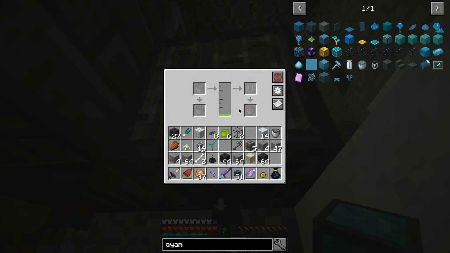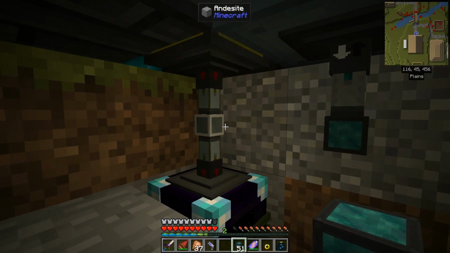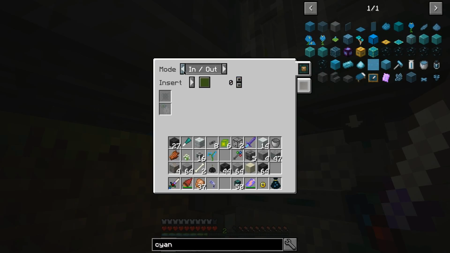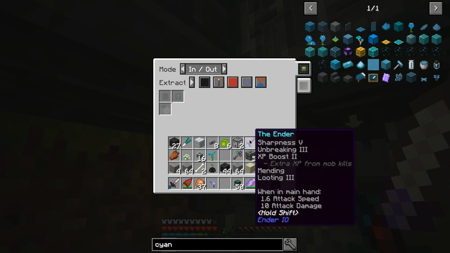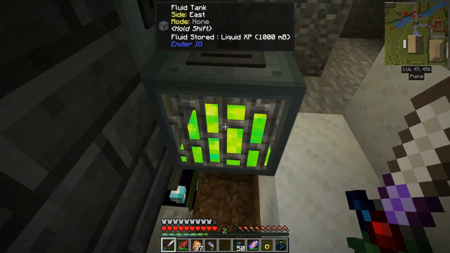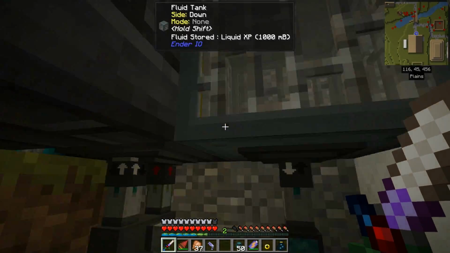You notice how now, with the liquid XP in here, it's showing us some tools up here. That's because you can put a mending tool in here to be repaired using the liquid XP inside. So we're going to do this, and we're going to set this to insert extract, and it's going to insert on white, extract on black. We're going to set this to not always active because we still need to configure it with an item filter that's set to a specific durability of the ender